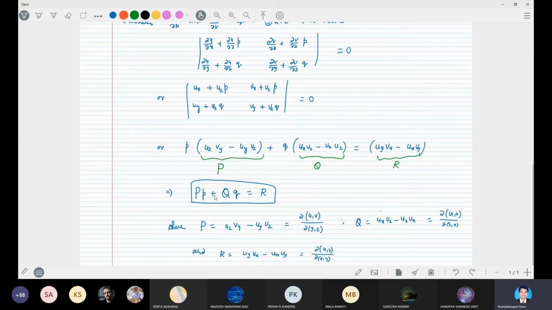And also one thing must be very clearly observed from this equation, where the resultant differential equation P into p plus Q into q is equal to R is a linear PDE of order 1, right? First order linear PDEs. Why? Because it involves the first order derivatives only, that is small p, small q, and there is no product of them as well. There is no higher degree of them involved in the equation. So hence this is a linear first order PDE.